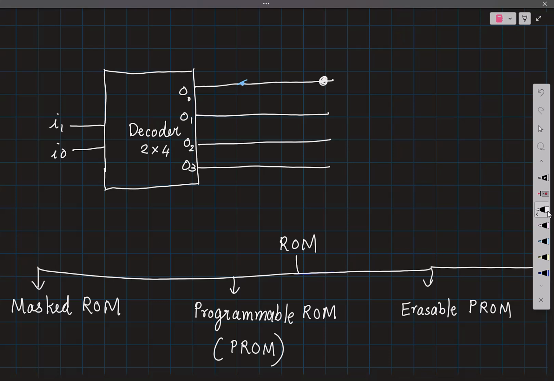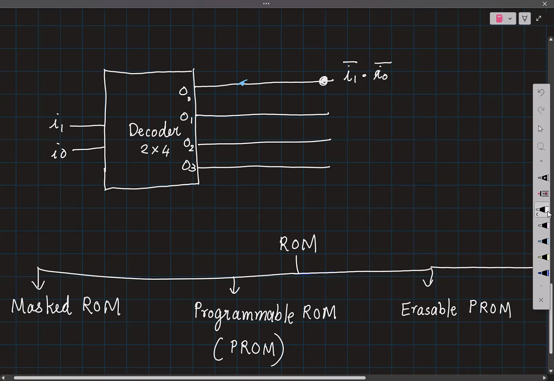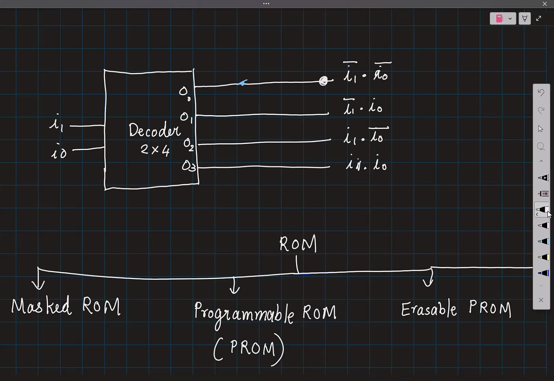Otherwise it is 0. So is it then right for me to say that this is implementing I1 dash into I0 dash, right? Similarly, this is I1 dash into I0, this is I1 into I0 dash, and then this is I1 into I0. So given two inputs, I have calculated all possible min terms, all possible product terms for those two inputs, right? Now, if I were to put an OR gate,